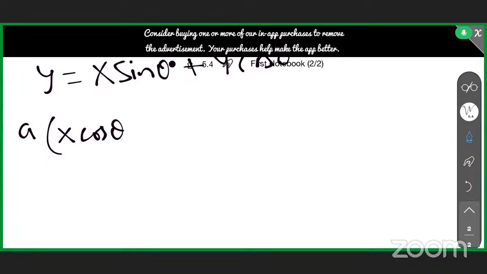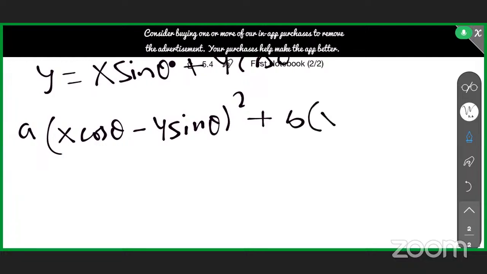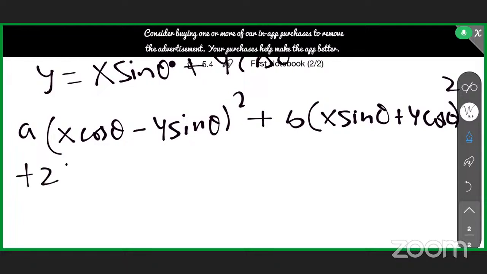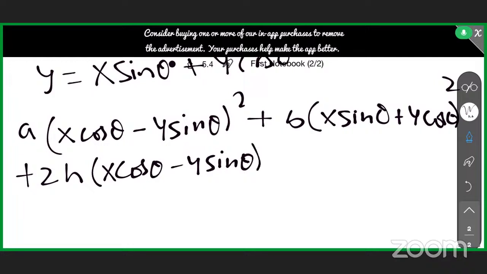So I am substituting the values of x and y in the equation. That is a into (x cos theta minus y sin theta) whole square plus b into (x sin theta plus y cos theta) whole square plus 2h into (x cos theta minus y sin theta) into (x sin theta plus y cos theta)